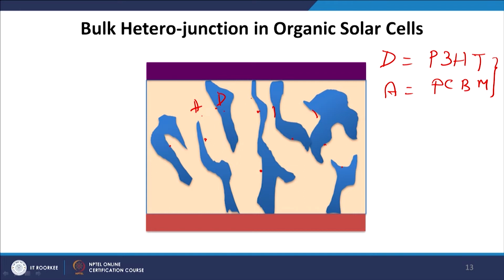and now those of the excitons which have been created at the interface and within a length scale of 10 nanometers or 20 nanometers, they have a high probability to reach the electrodes. So, now we can reduce the recombination loss in this kind of structure. So, that is why this bulk heterojunction geometry is much preferred, or it gives higher efficiency in comparison to the vapor deposited bilayer devices. But it is also true that sometimes in bilayer heterojunction devices you can also get a good efficiency, depending upon the material choice or how good your morphology is.